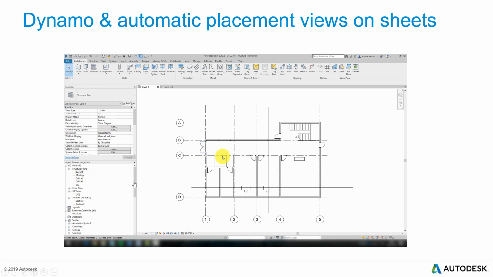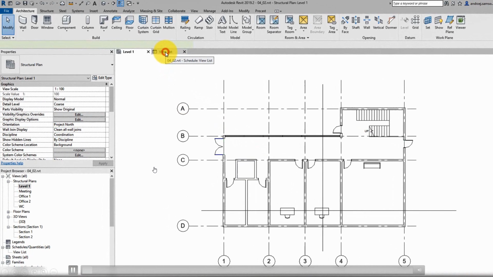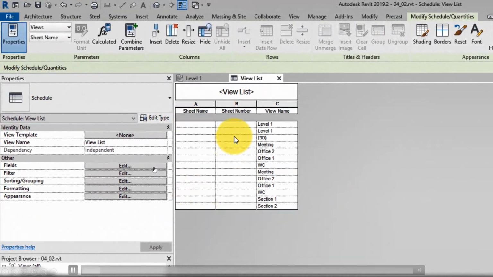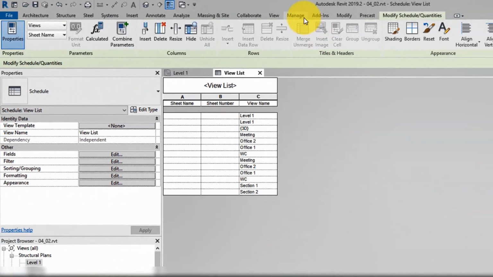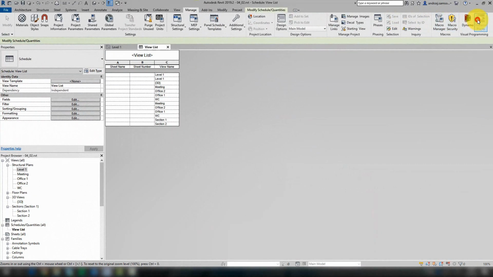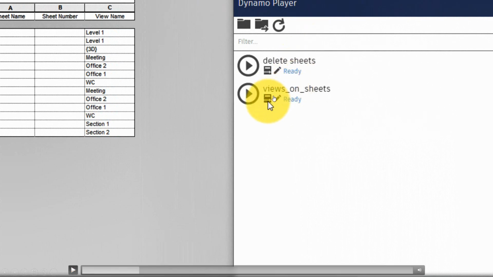But here I'm going to present some other examples of how Dynamo can be used. Here you can see that there is a list of views. We don't have any sheets yet, but I can use this Dynamo Player, and this Dynamo Player basically is something that